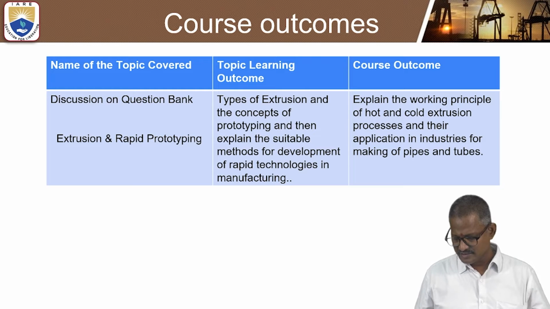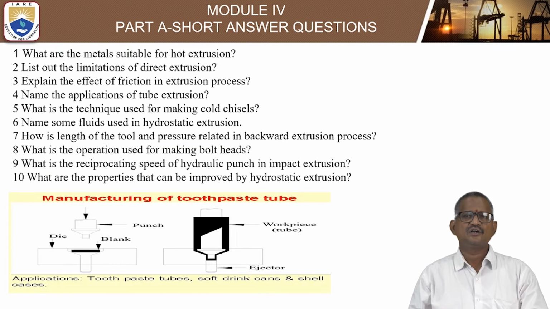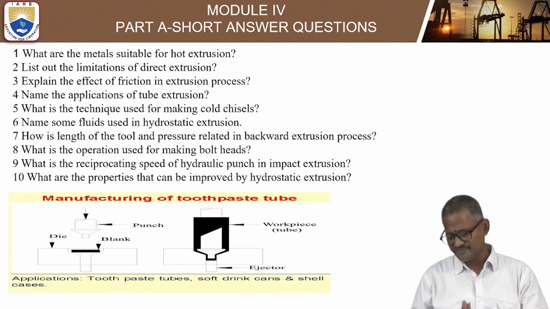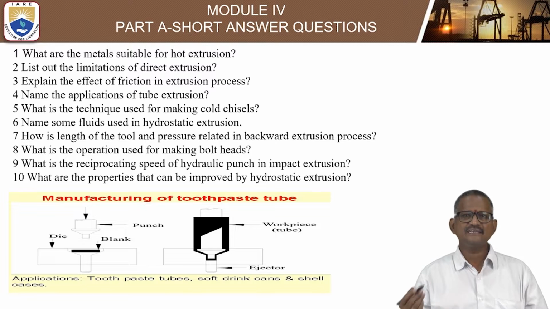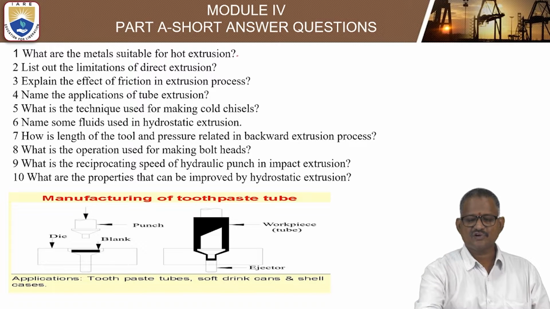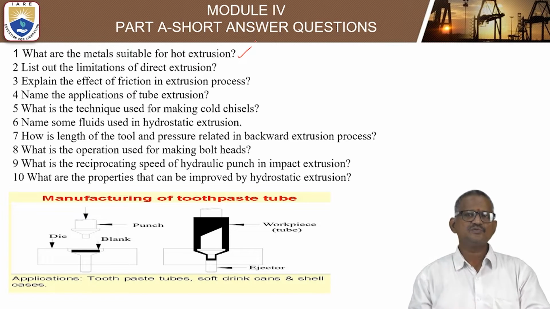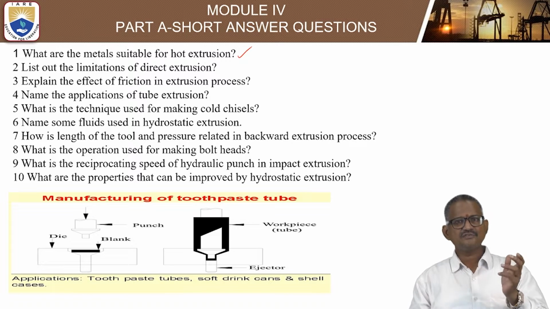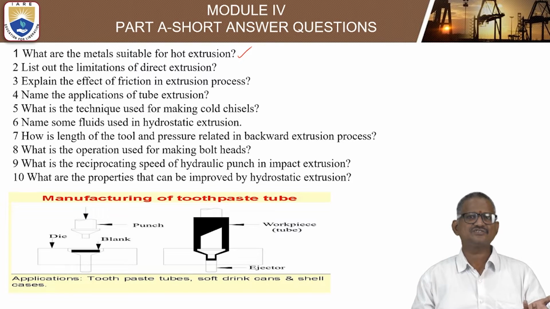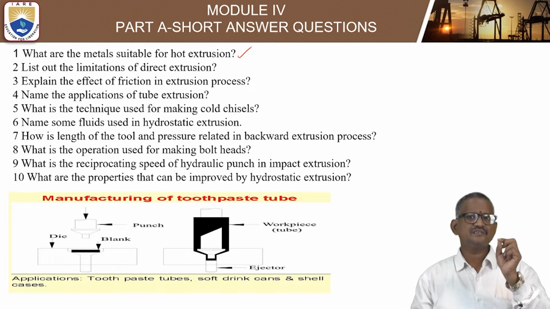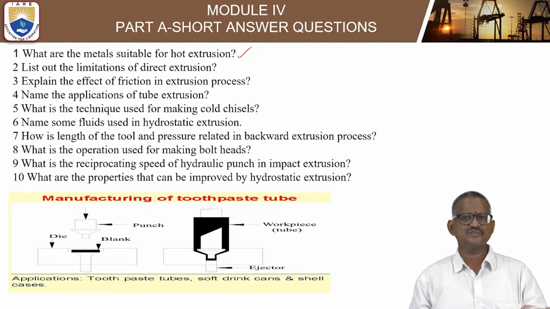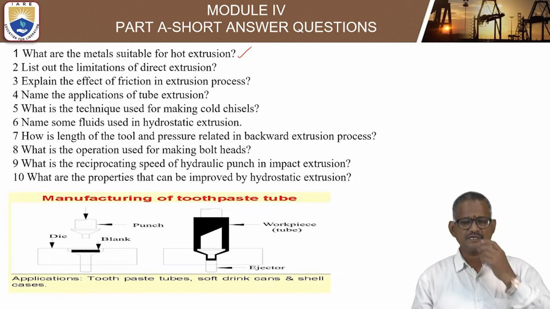Let us see how the two-mark or short answer questions are framed for this module. What are the metals suitable for hot extrusion? What are the metals suitable for hot extrusion? List out the limitations of direct extrusion, that is, what are the demerits of direct extrusion? Explain the effect of friction in an extrusion process. Name the application